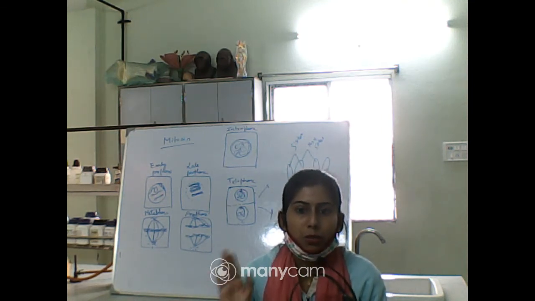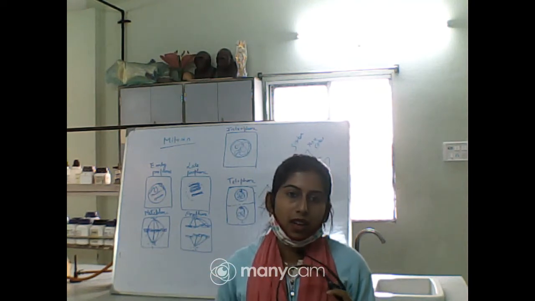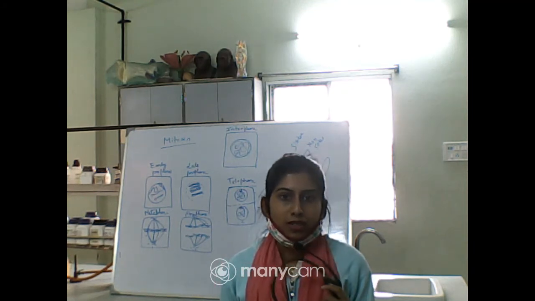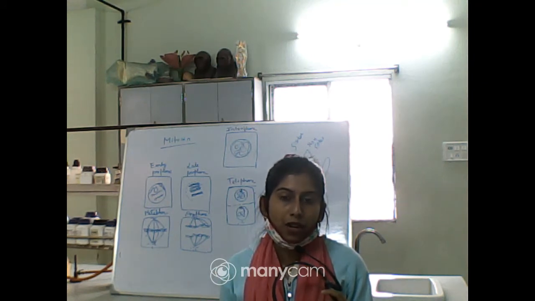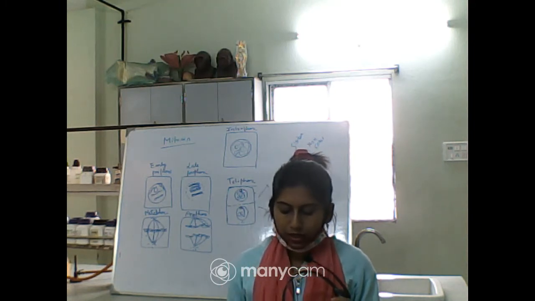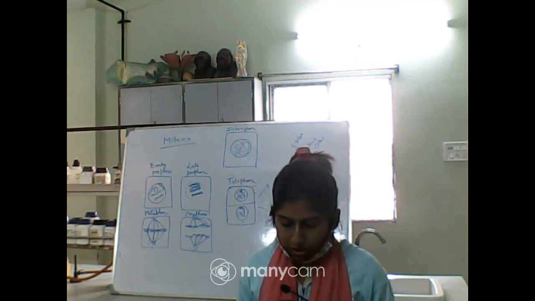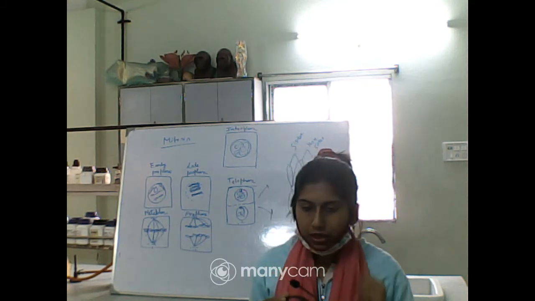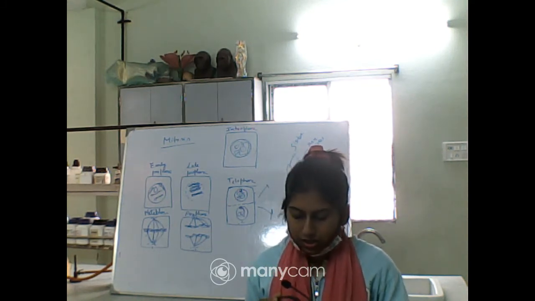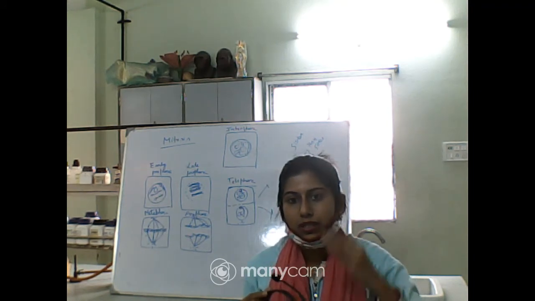Next one is the procedure. First step is to place the permanent slide under the microscope, then focus it under the low power of the microscope, then under the high power, and adjust it. Then examine the different stages of mitosis. This is the procedure. Next one is observation. Under the low power, some rectangular cells with pink nuclei will be seen in scattered condition, and under the high power different stages will be distinct.